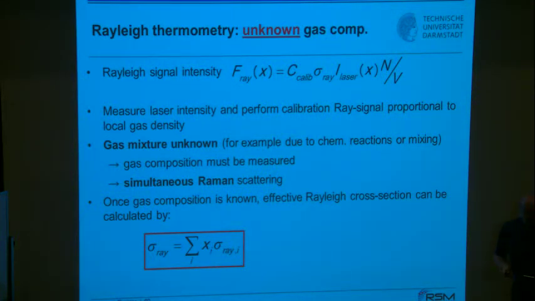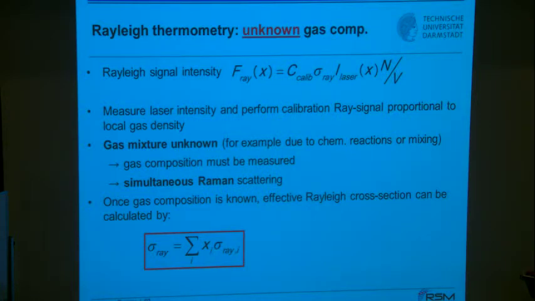And we will see that in chapter 7, I guess, in the gas phase concentration measurements, that Raman scattering, which is then applied simultaneously to Rayleigh, can solve that issue. You take the gas composition from Raman scattering, with which you then calculate, I'll explain that in a second, the effective Rayleigh cross-section, from which you then, by measuring the laser intensity and the Rayleigh signal, deduce the density, and then again with the ideal gas law, for example,